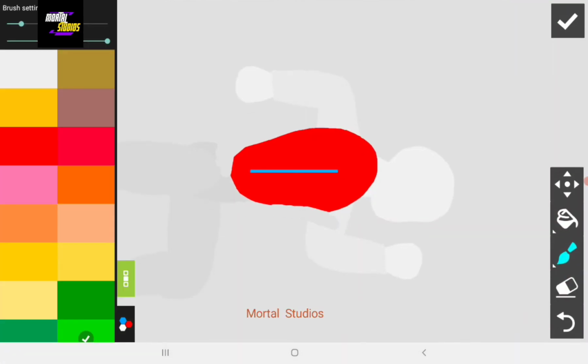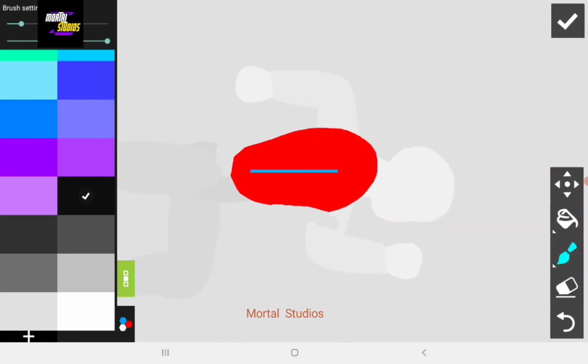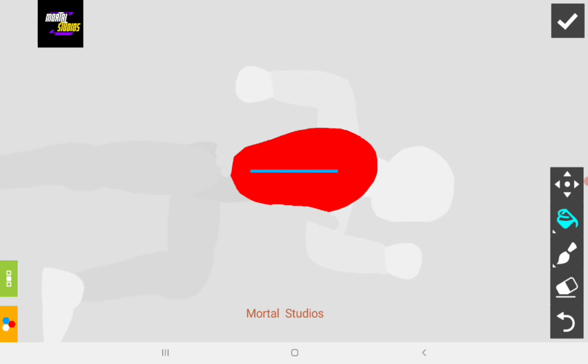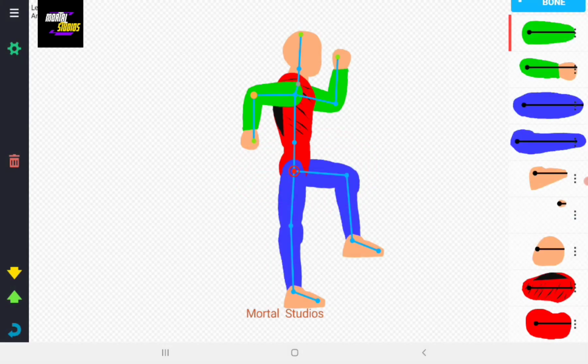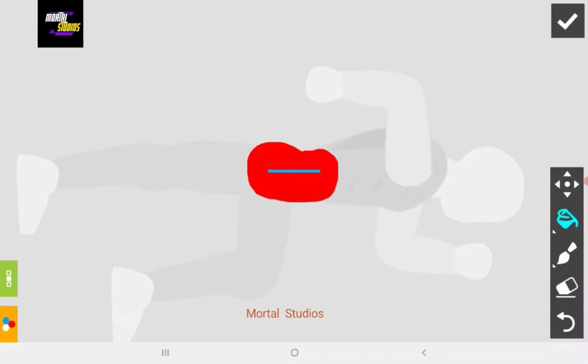First we will just shade this body. For that we'll take some black color for shading. Black color is the best for shading here. And then we are going to just shade it, rarely shade it. Just make stripes of your own. Don't make too many stripes, you're going to ruin your character. Make fewer stripes. We're making the stripes to make the character more realistic. Now you can see the character is a little realistic. We'll do it for all.